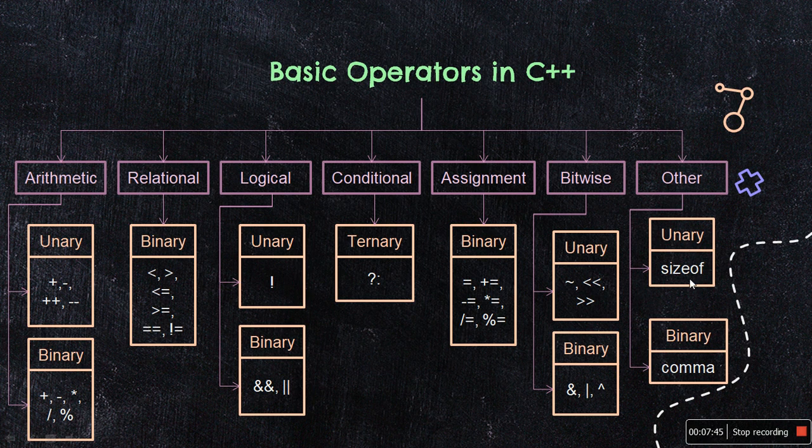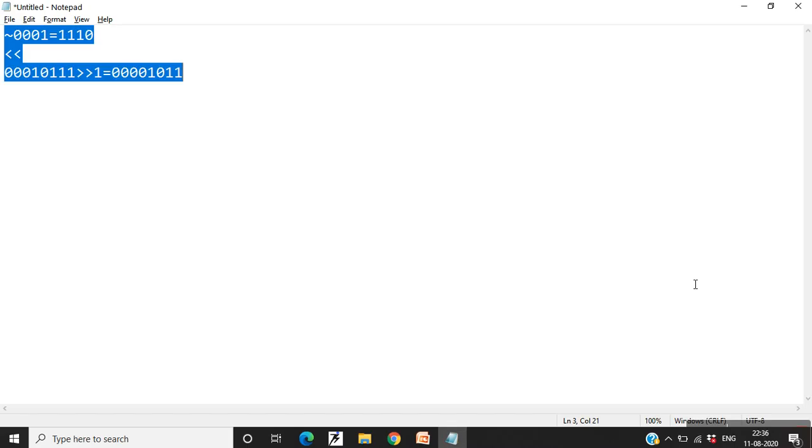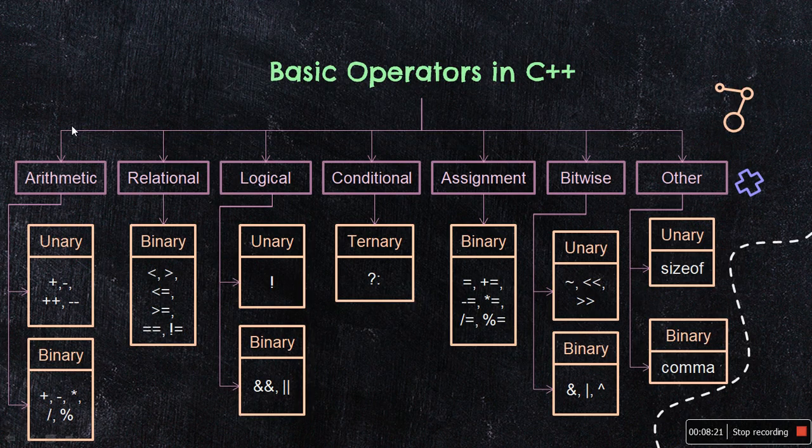unary operator sizeof, which returns size of a variable. Okay, suppose you use this in this way, sizeof x, and earlier you had declared x to be an integer variable, then sizeof x will give you 2 bytes as a result, because it will tell you the size or amount of memory it occupies. So it is 2 bytes. Okay, so this is the use of sizeof operator in C++. It is a unary operator because it needs just one operand.